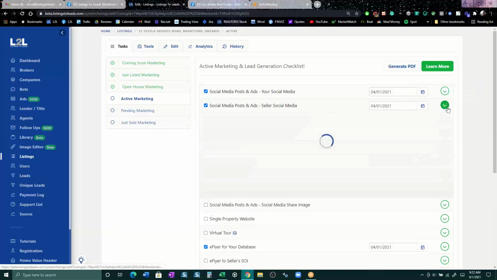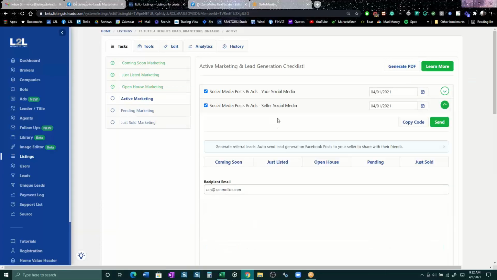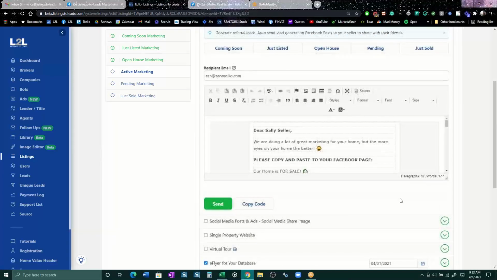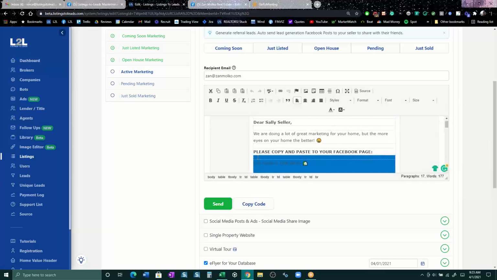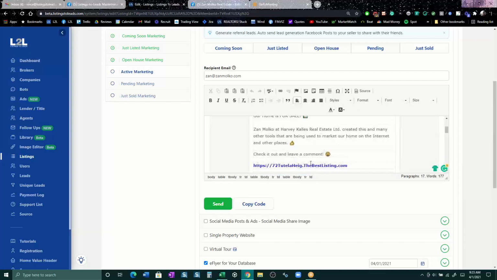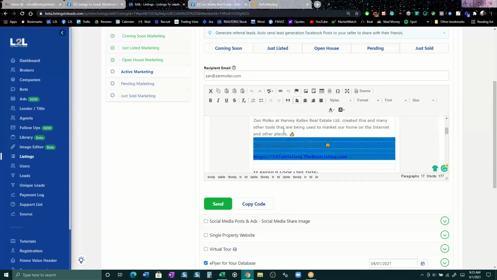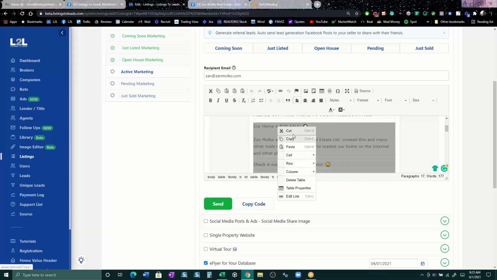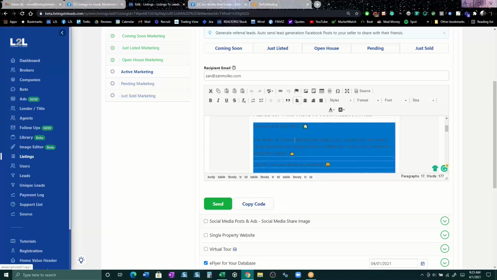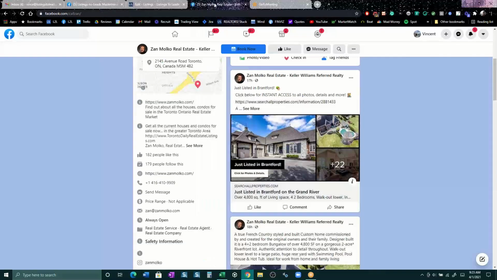The next tool is the social media for the seller. And this is one that I think agents really almost have an aversion to using. As I mentioned, our goal is to get more business for our clients. And our clients have typically been a lot of really tech savvy people, right? And what I mean by that is, there are agents out there who